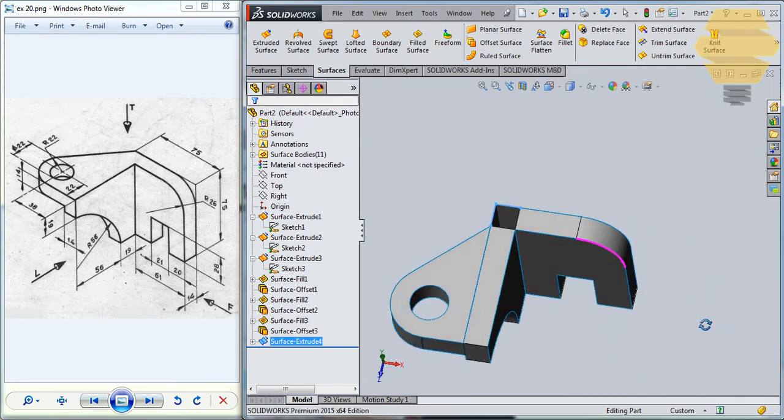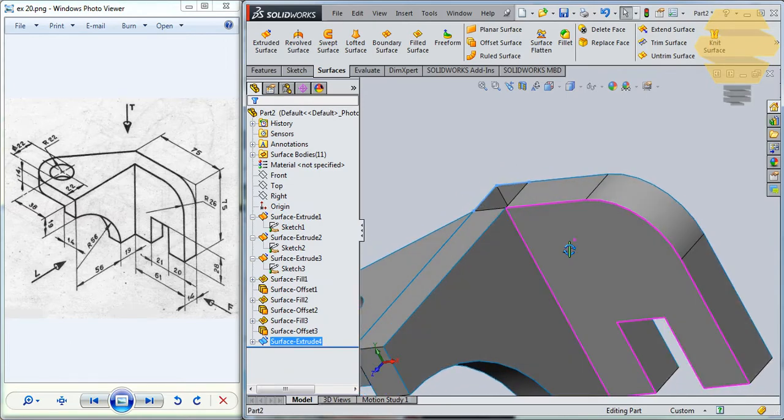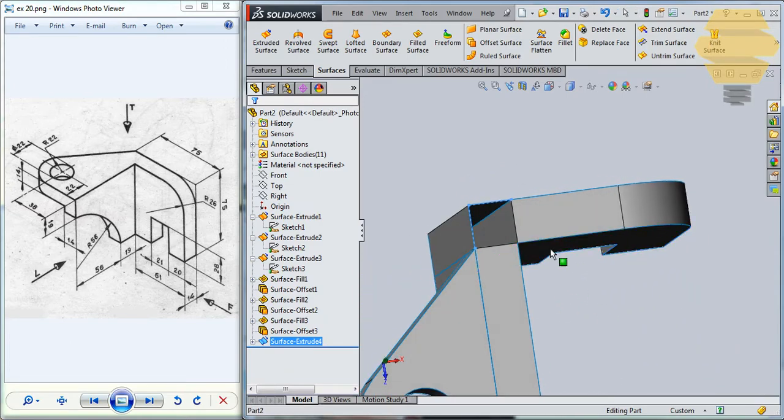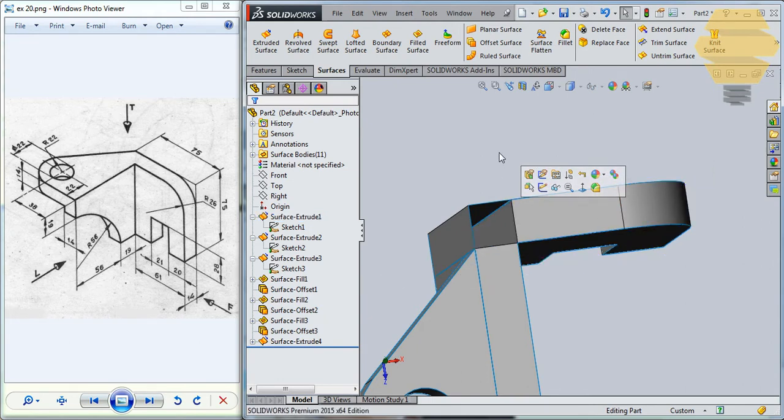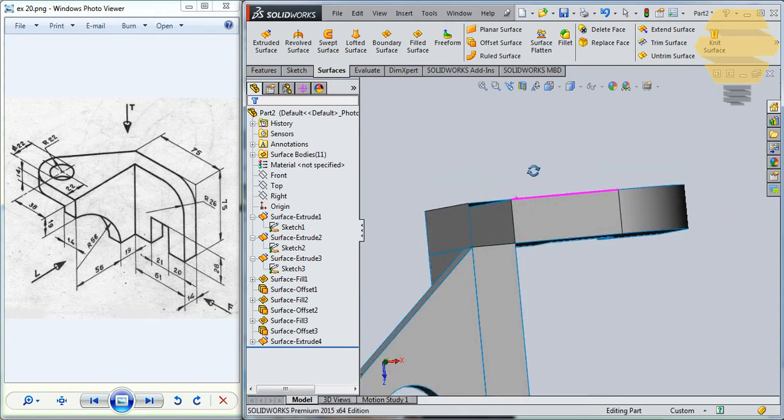Now there's some things that you need to take care of over here. So you don't need this surface here. So how can we remove that? So what we can do here is